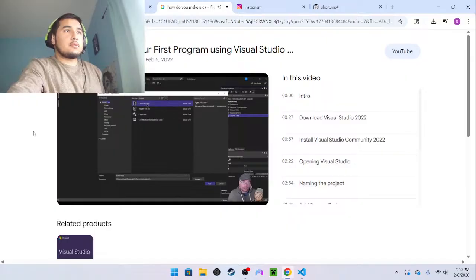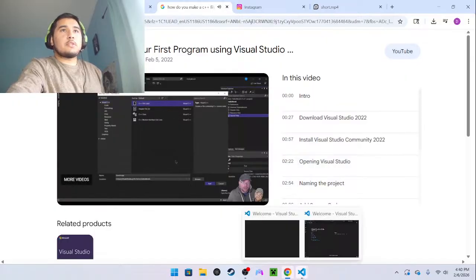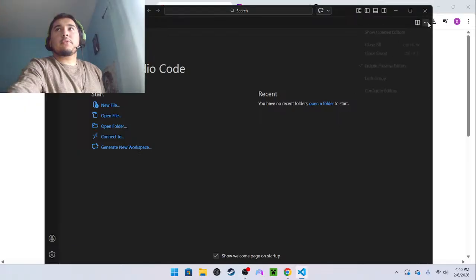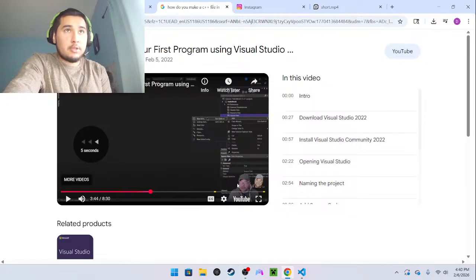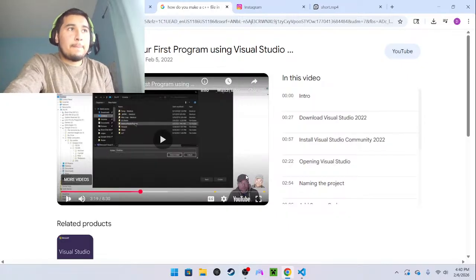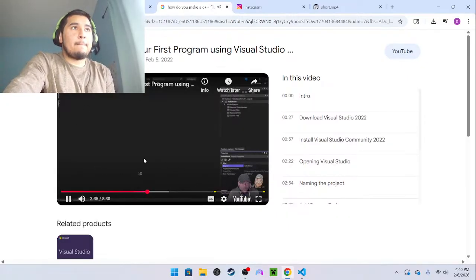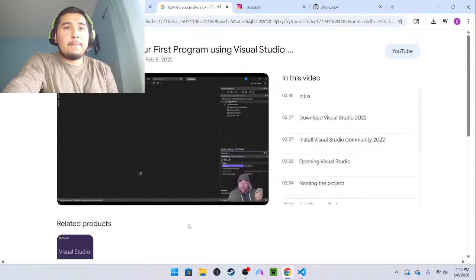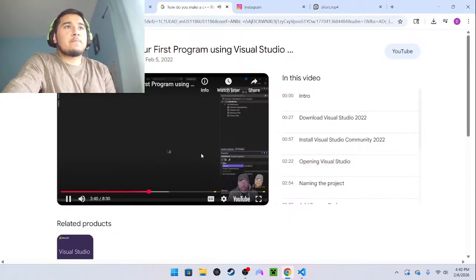And then I'm going to select C++ file. Okay, so I go to Solution Explorer. How did he open up Solution Explorer? Where did he open that up from? It's easier to have a project. Now, I can't do anything just yet because I don't have any source code files.